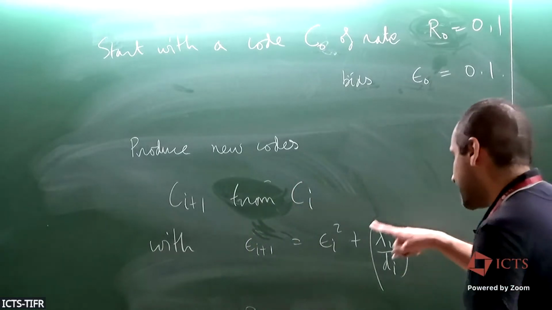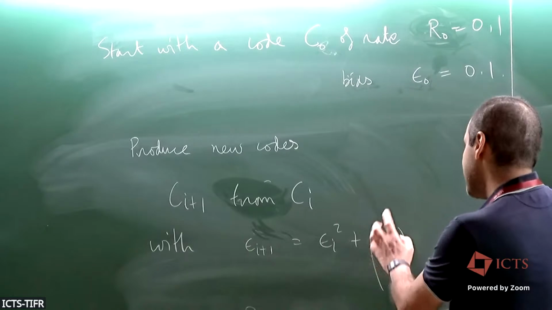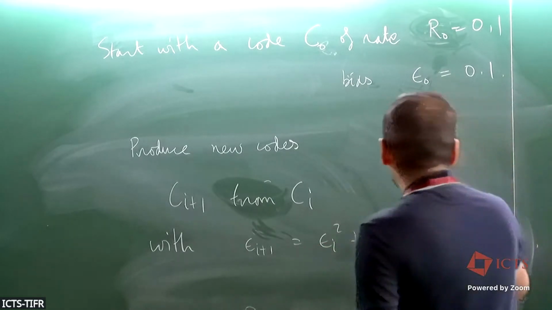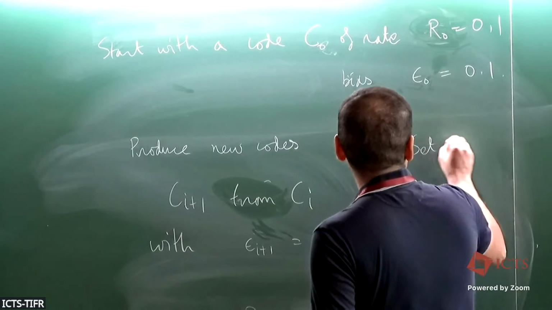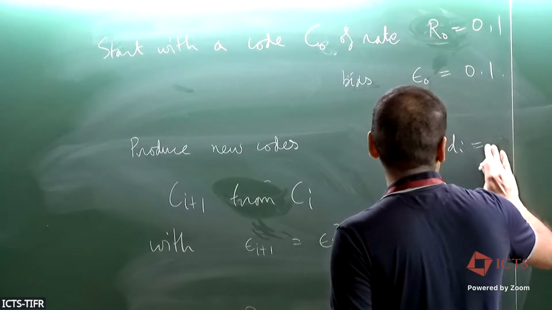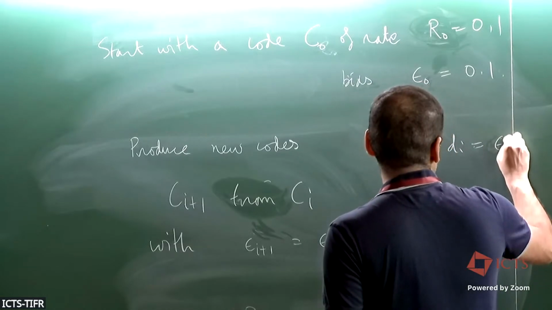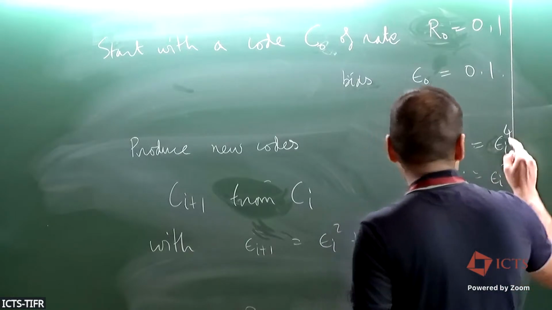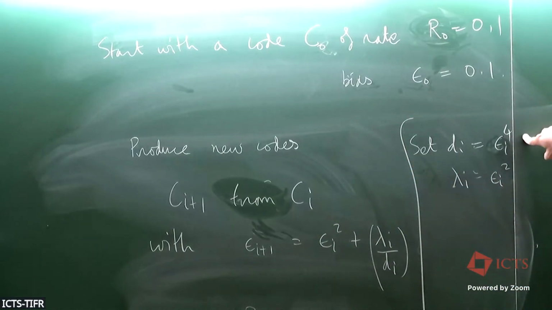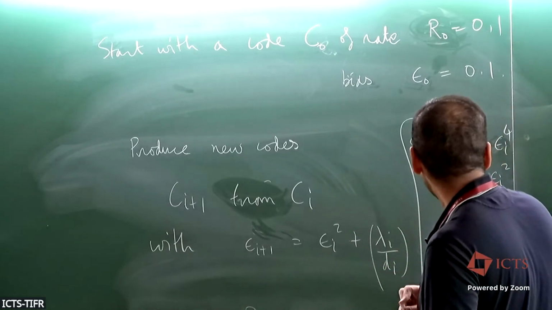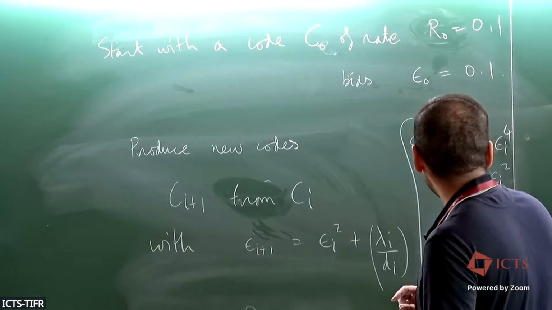Okay, now how do we set this up? So we'll make lambda i over di the same as epsilon i square, so we set di equal to, I guess, epsilon i to the 4, and lambda i will be epsilon i square. That's because we can get eigenvalues being the square root of the degree. And then this whole thing becomes epsilon i,